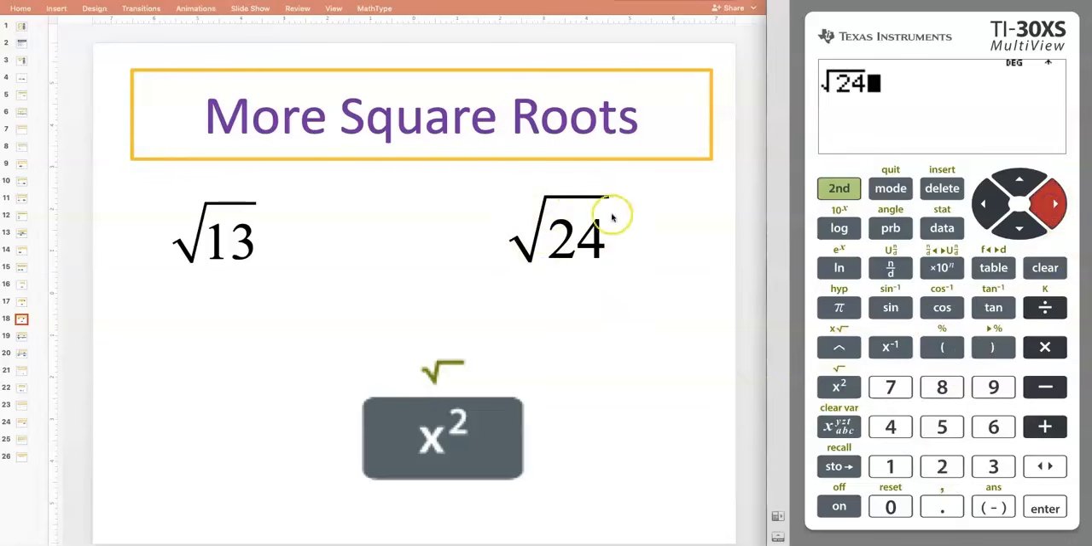Now watch what happens when I hit enter here. It rewrites the square root of 24 as 2 square root 6. It didn't give you the same thing back. So if you know how to simplify square roots, this will make sense to you. So the square root of 24 is equal to 2 square root 6,